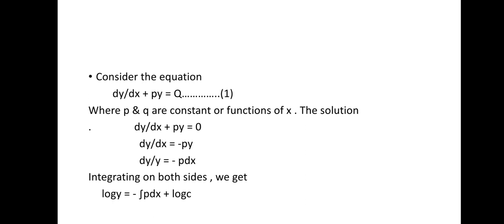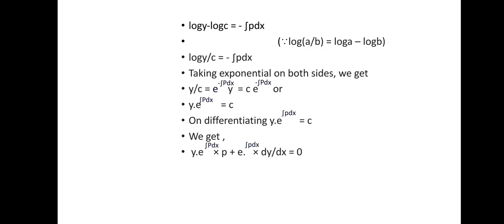Integrating on both sides, we get log y is equal to minus integration of p dx plus log c. Log y minus log c is equal to minus integration of p dx. The log property is used here, then log of y by c is equal to minus integration of p dx. Taking exponential on both sides, we get y by c is equal to e raised to minus integration of p dx. Y is equal to c into e raised to minus integration of p dx, or y into e raised